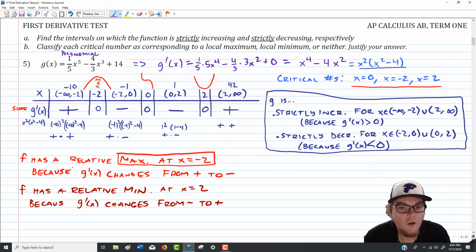Okay, our final piece. We've got critical numbers at negative 2 and 2 both covered. We have not talked about x equals 0 yet. So in this case, at 0, f has something. At 0, our graph goes from negative to more negative. Well, we talked about that earlier. That's going to represent what we typically call a slide, but for us it just means that there's definitely no maximum or minimum there. So in this case, we'd say f has neither